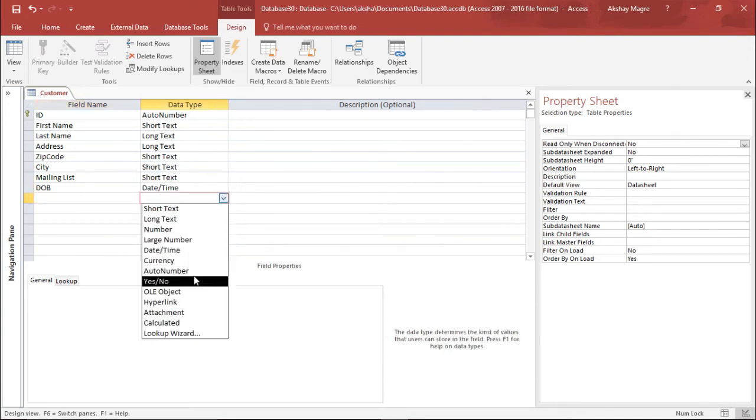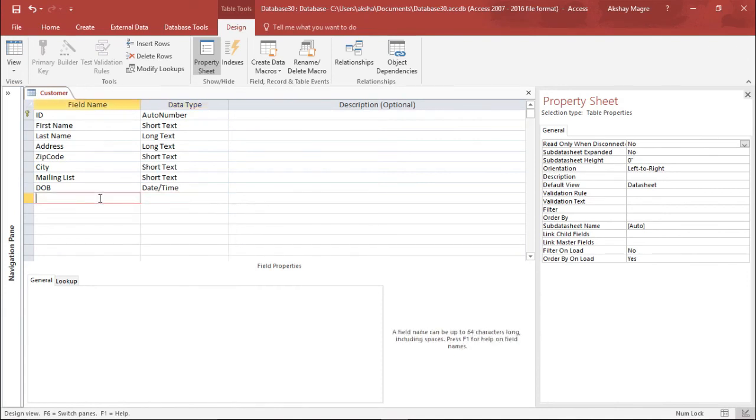And for the last field, let's see what options we have. So I have almost covered each and every data type, a yes and no. Basically we can record whether they live in the city or stay in the outskirts of the city.